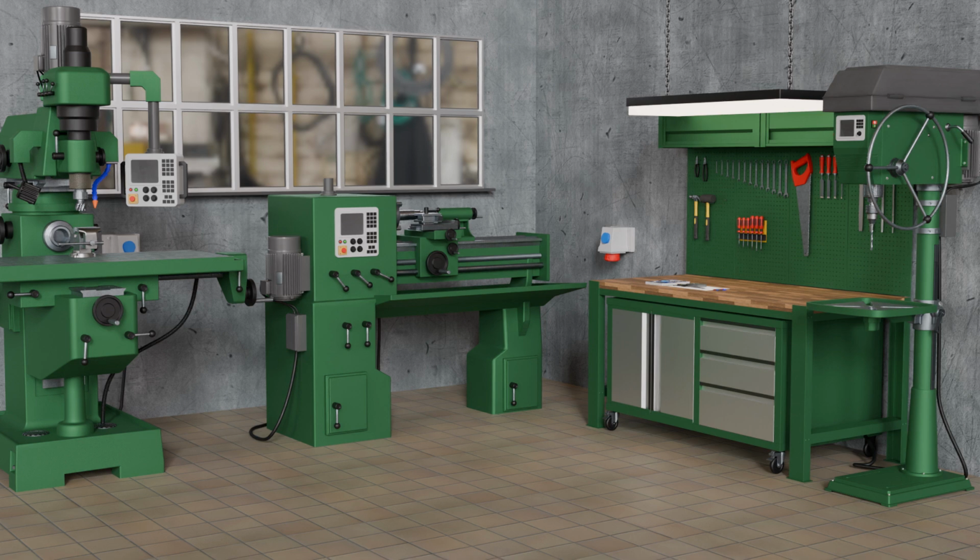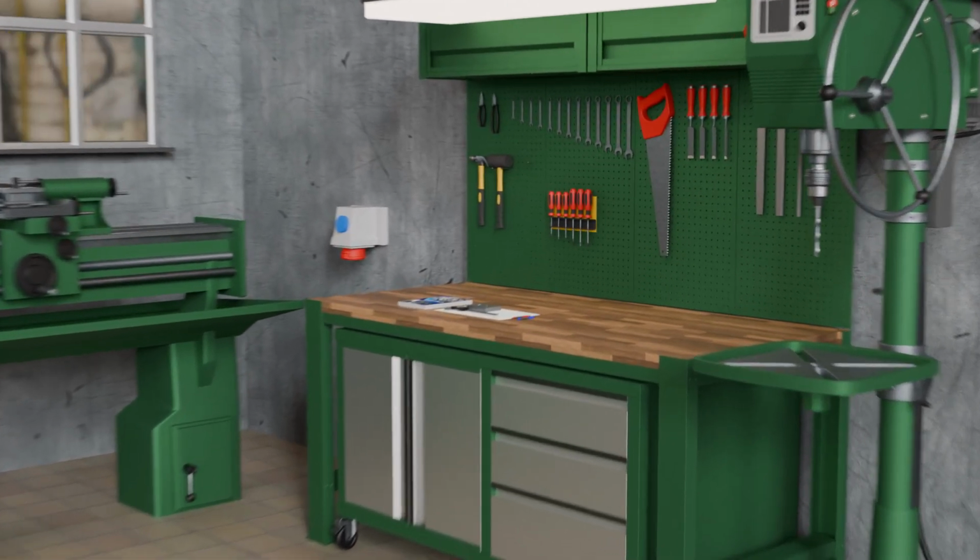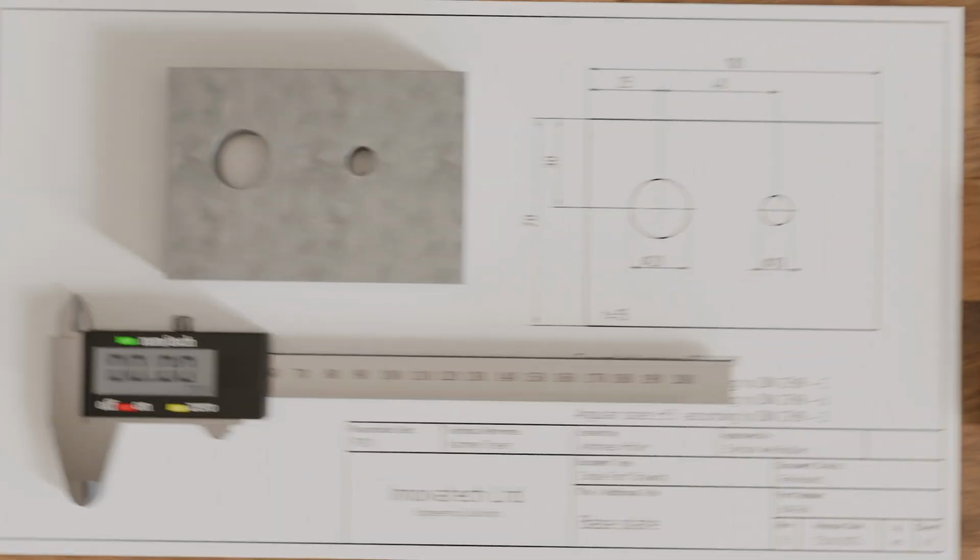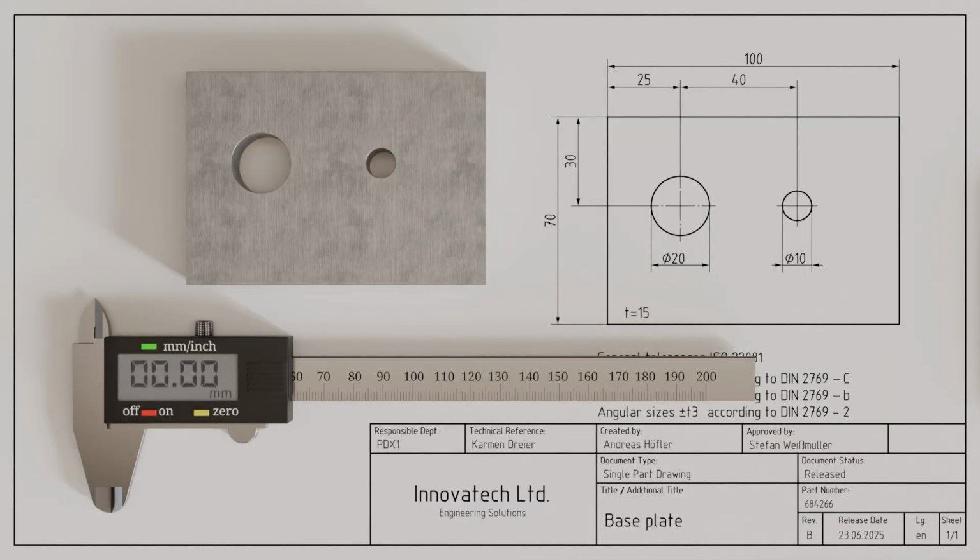This video takes a closer look at the fundamentals of tolerancing components. The drawing shown depicts a plate with two holes. The dimensions indicated in the drawing are referred to as nominal dimensions. However, due to inaccuracies during the manufacturing of the component, there will later be more or less significant deviations from